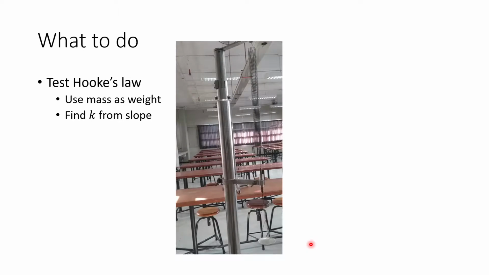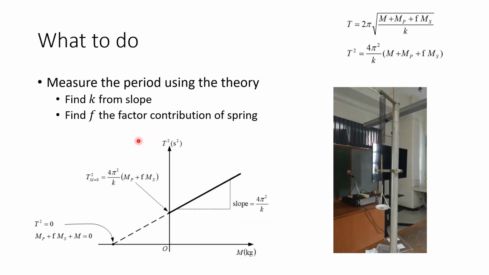The first thing you need to do is test Hooke's law. You're going to put a hanger right here and then put a weight on it. This weight acts as an mg, the force that is pulling the spring from the equilibrium. The spring will stretch out with a distance x that you can read from the scale over here. In response, the spring tries to pull it back with a force in the exact opposite direction of the displacement x. So this force has to equal mg. So you know the relation that mg and kx are the same, based on the direction.